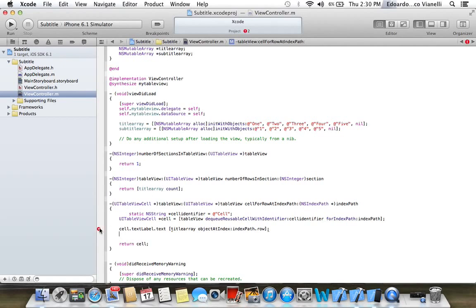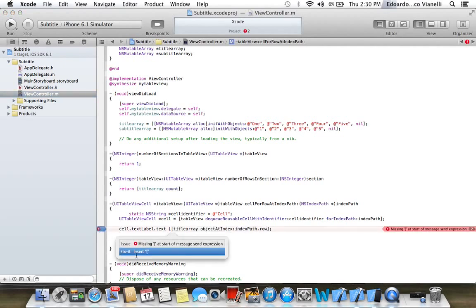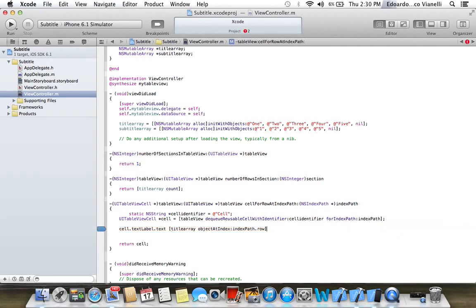Okay, what's wrong? It shouldn't be doing this. Oh, I missed the equals. Okay, there it goes. The textLabel represents the big text, which is the title, and